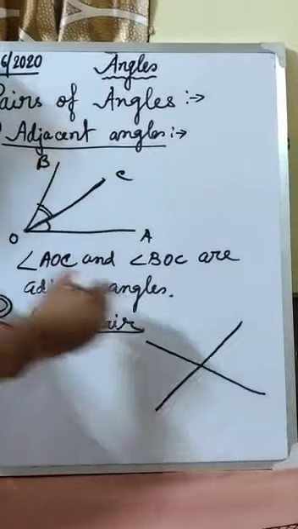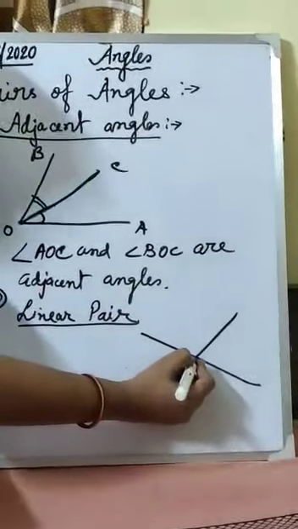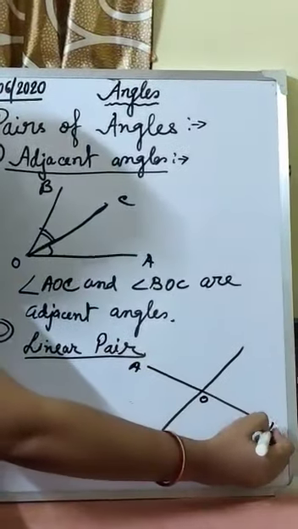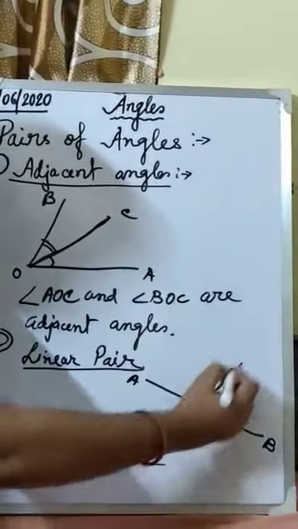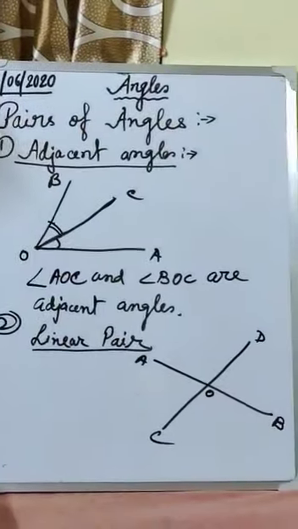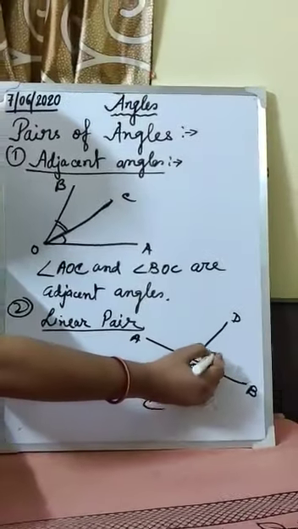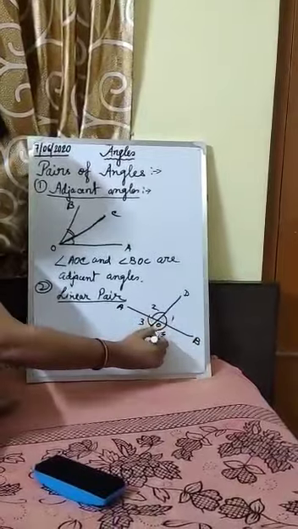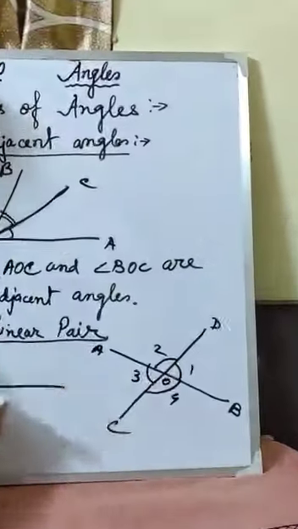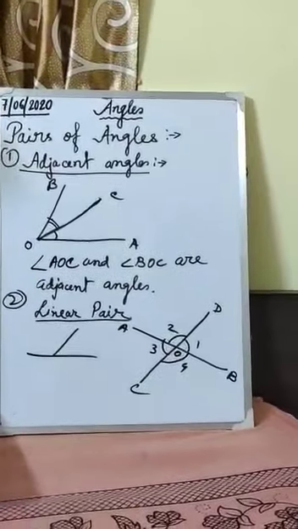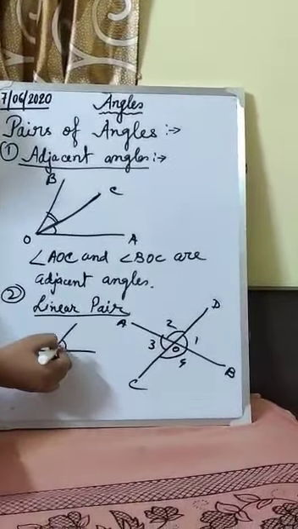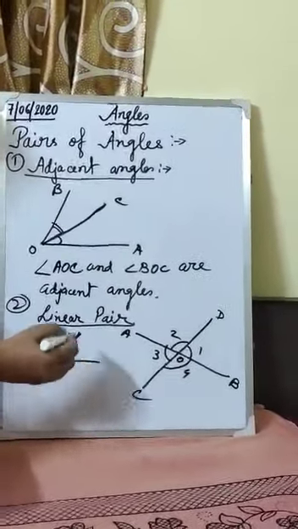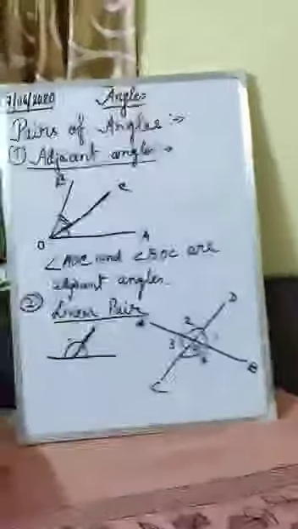There are two lines which intersect at point O. Suppose the names of the lines are AB and CD. Okay. Now see, there are four angles made: 1, 2, 3 and 4. Now see, if I draw a single straight line over here, here is an angle, here is also an angle, and this is the common arm in between them. So both angles are also known as adjacent angles.